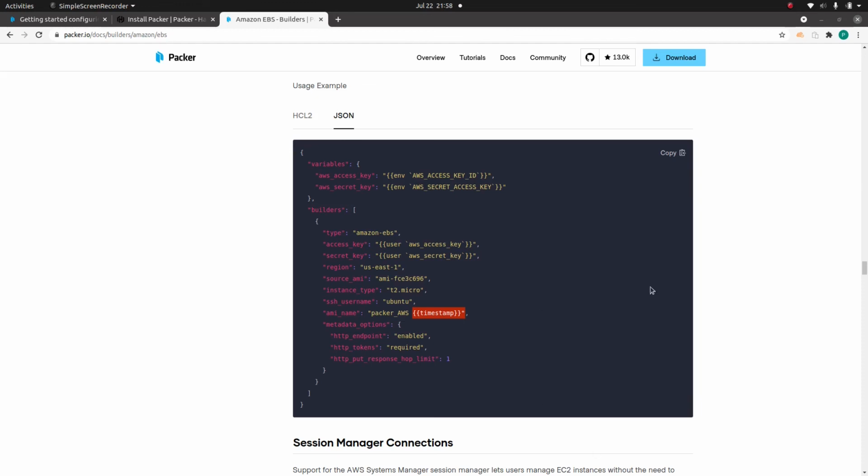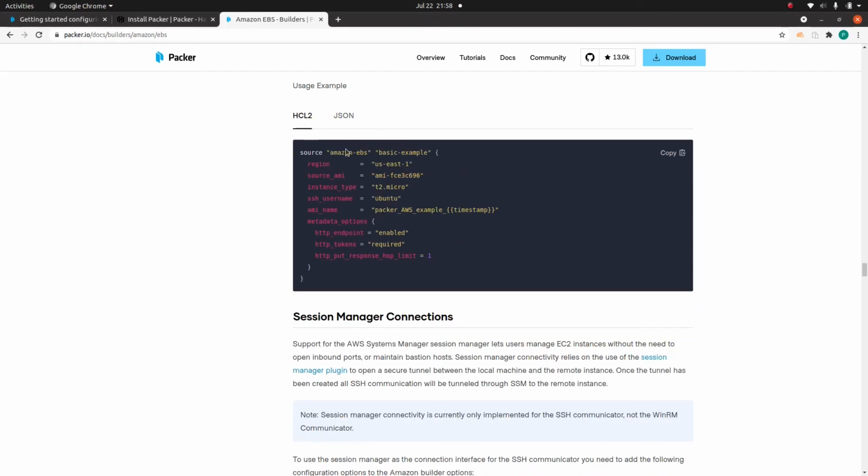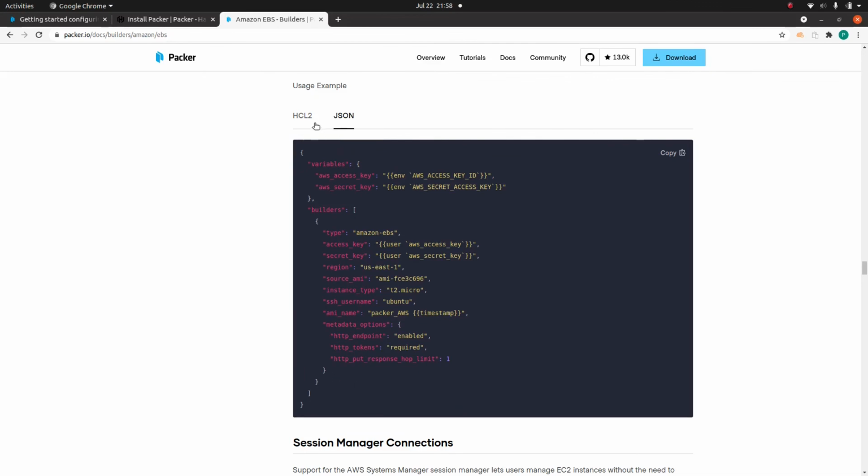So this is a little bit of an introduction to Packer. In the next video I will continue, and there I am going to show you how to build your first AMI, first using JSON, and then using HCL version 2. In HCL version 2 we are going to specify the same parameters, but as you see, the syntax is much cleaner compared to this syntax.